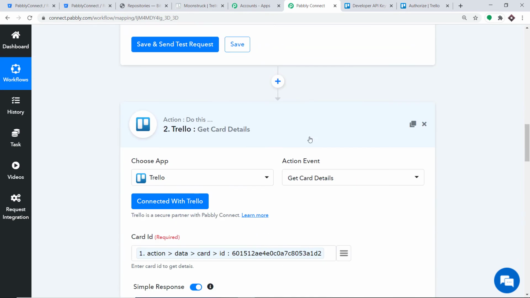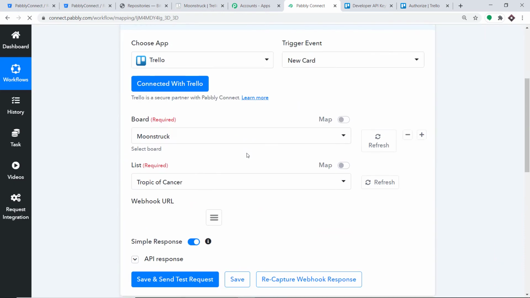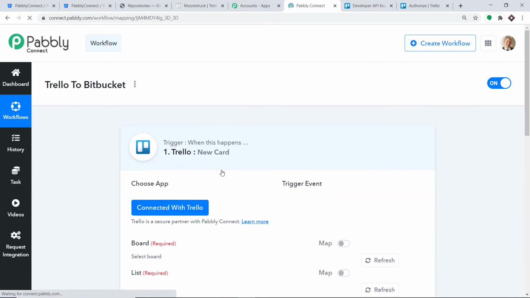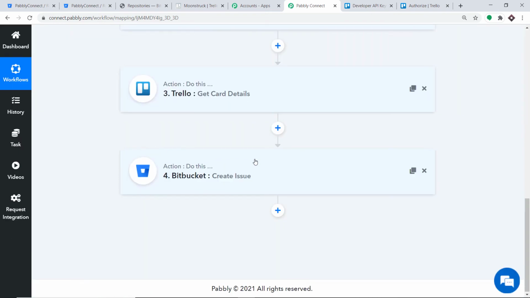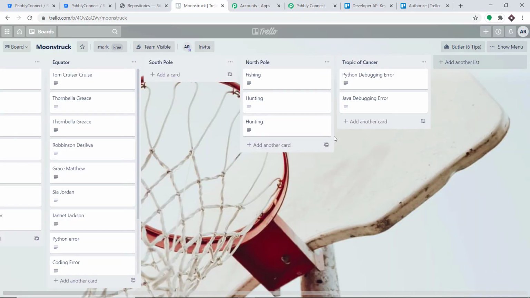So what I'm going to do here is refresh all of my windows. Okay, so this window has been refreshed. Let me refresh this window also. Okay, so all of them have been refreshed. Excellent. So what I'm going to do here is make one more card in Trello. I'm going to add a card called C++ program crashed. Okay, so this is the card, and we are going to add a description.